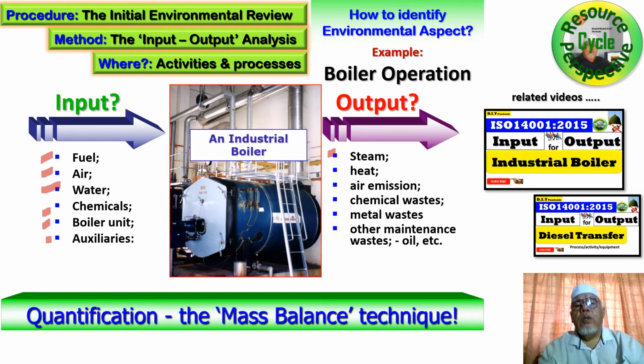So these are all the output environmental aspects. Why? Because all these environmental aspects interact with the environment and cause environmental impact. It could be adverse environmental impact. It could be beneficial environmental impact. So this has been discussed earlier. Please take a look at those videos that we have published. Now,